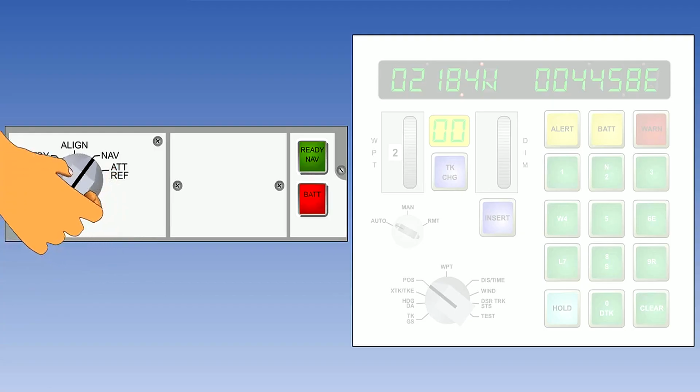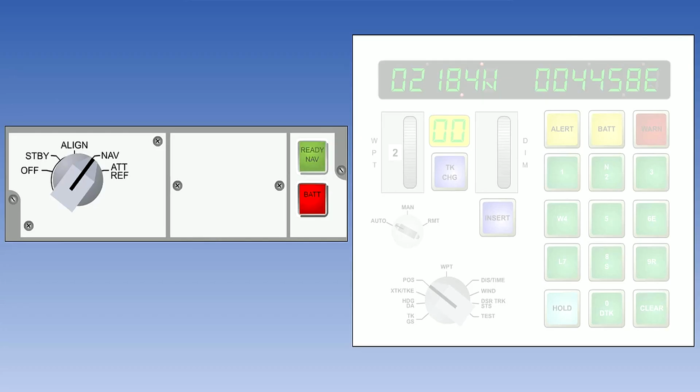Alignment can also take place with nav selected on the MSU rotary switch. If, after inserting present position in standby, a double click through align to nav is made, the internal computer will put the system into align mode despite the switch position until alignment is complete.